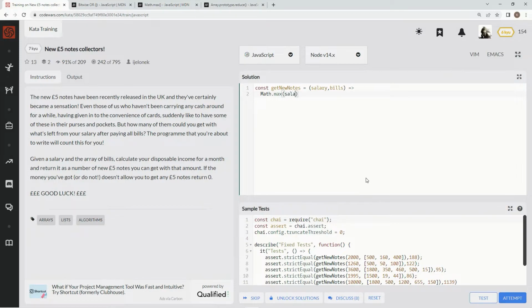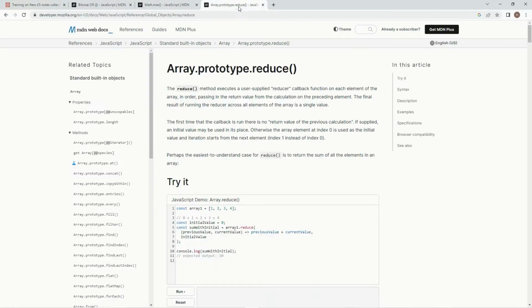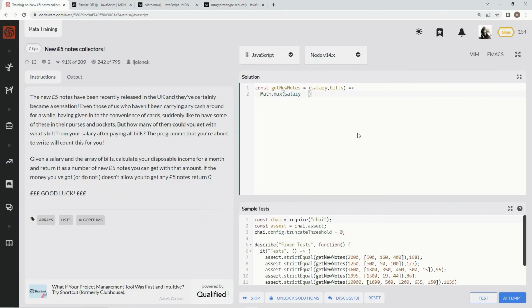So we're going to say salary minus, and to get these three things added up together so we can subtract it all from this at once, we're going to use the reduce method, which executes a user-supplied reducer callback function on each element of the array in order, passing in the return value from the calculation on the preceding element. All right, and we're going to have to deal with this too, because the first time the callback is run, there is no return value of the previous calculation. But if supplied, an initial value may be used in its place, and so that's what we're going to do. All right, so we're going to say minus